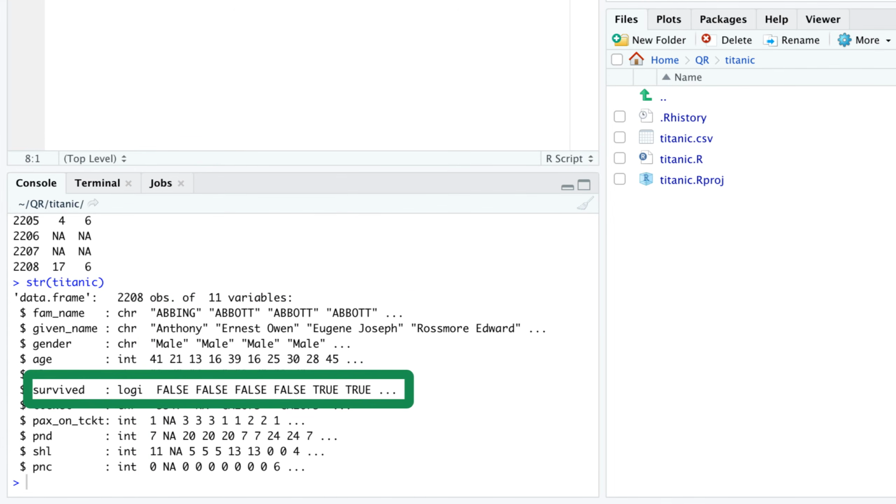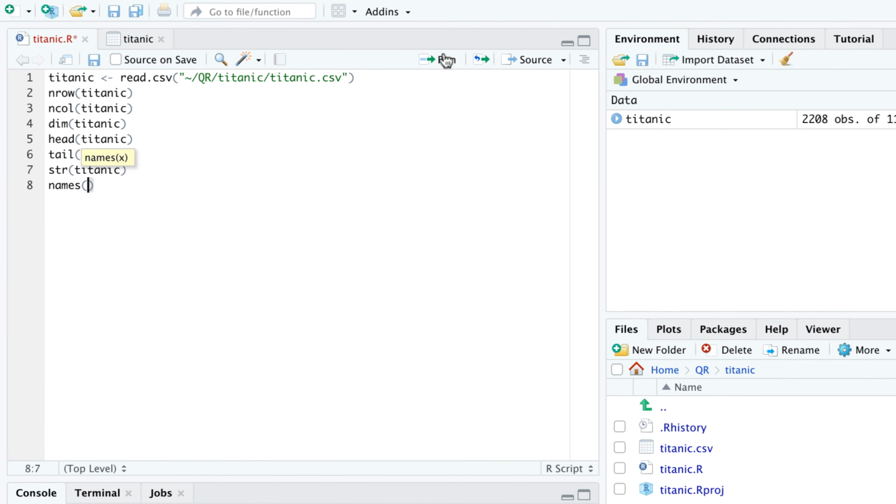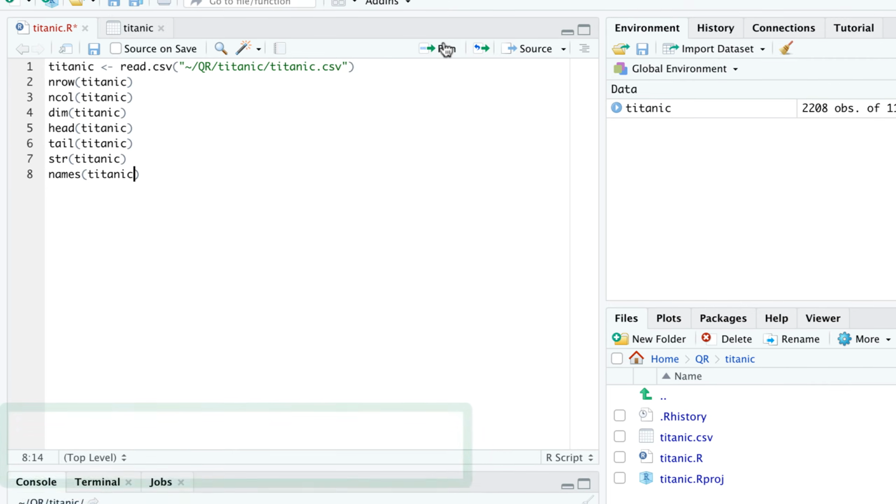By the way, false and true in the column called survived aren't character objects. If they were, they would appear between quotation marks. Instead, false and true are special variables that are called logical in the R jargon. We learn more about logical vectors in tutorial 8. You may also have wondered what NA stands for in the console output. It is the abbreviation for not assigned and symbolizes a missing value. One of our later tutorials is dedicated to missing values, but right now, let's not worry too much about them. If we're only interested in the column names, we can use the names function.